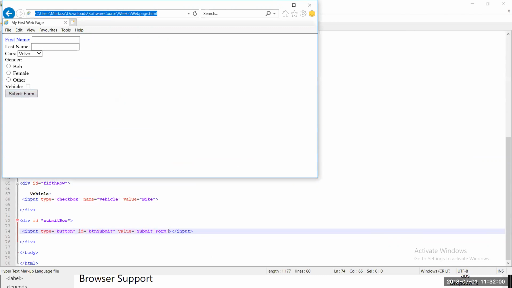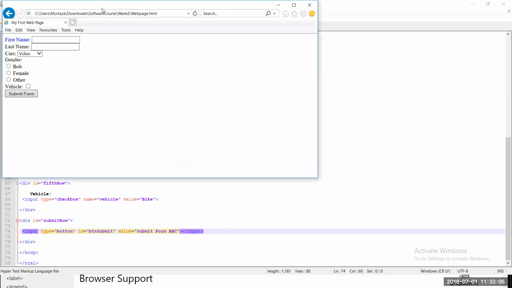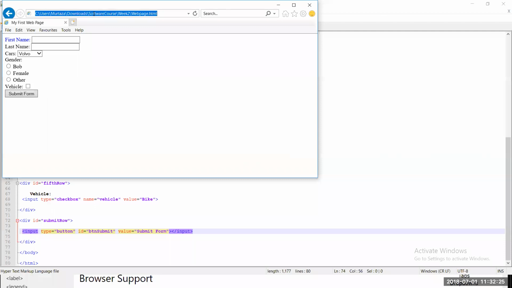If we change the value, call it ABC here, and do a refresh, the value is ABC. Okay. Now, if I wanted to add a function to this button, you can obviously grab all these values and do a submit and add that value to the database. That's in a real life scenario. But if I wanted to do something like